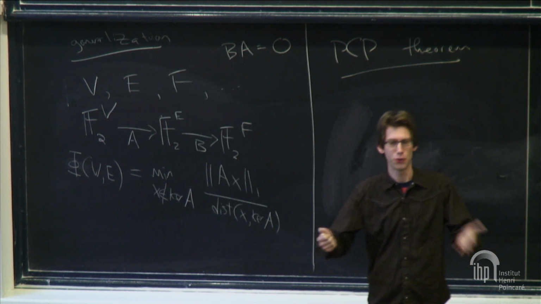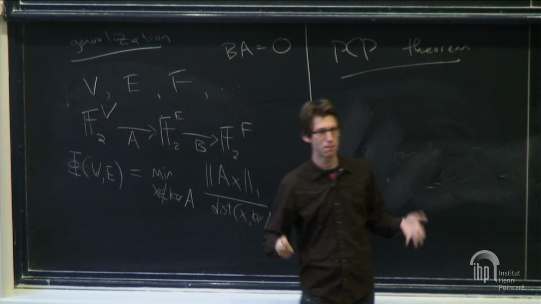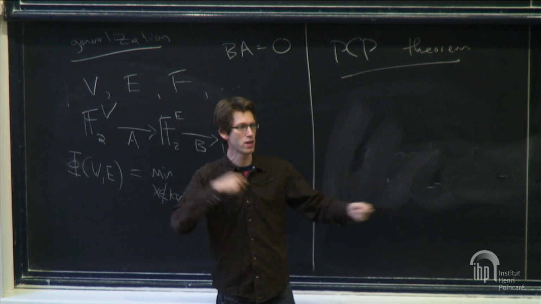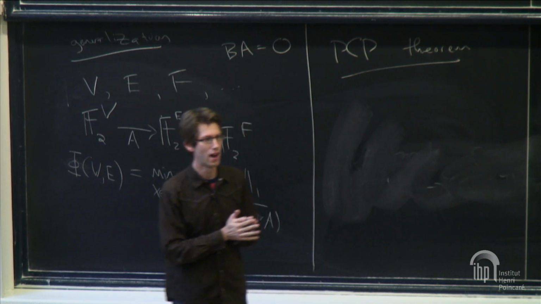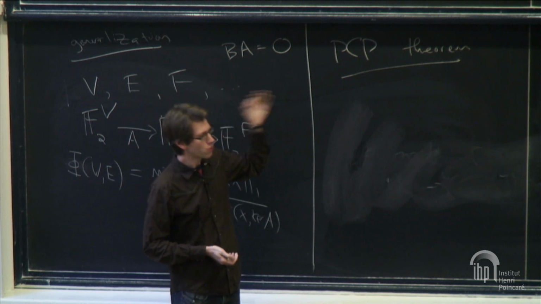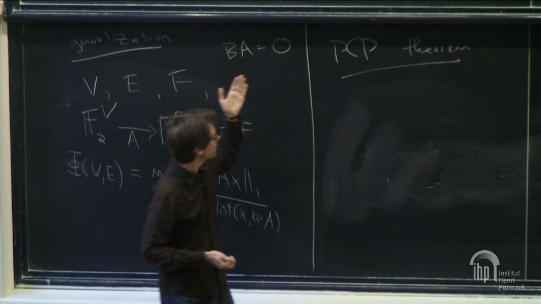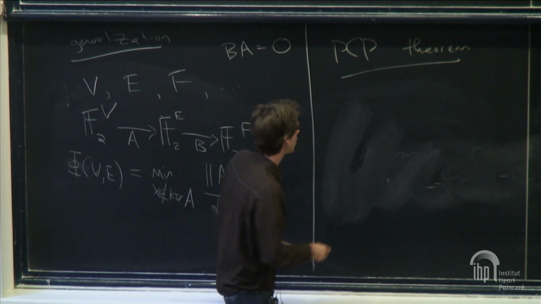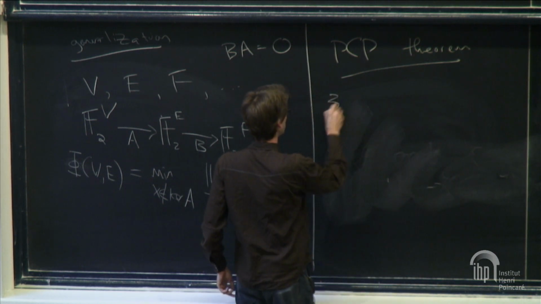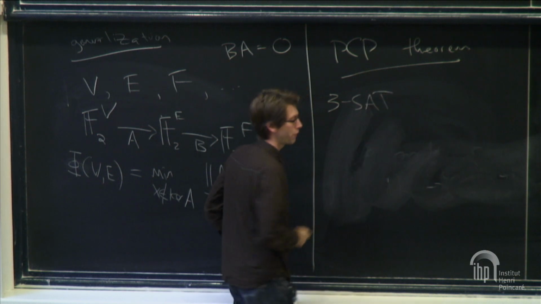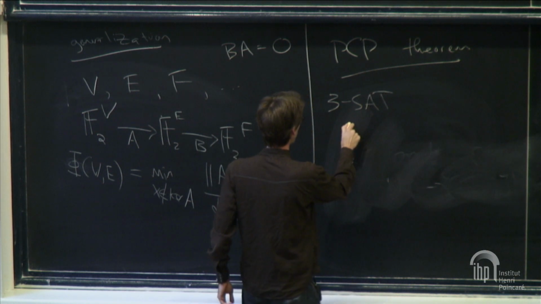So you have to read the whole thing. Wouldn't it be nice when you're grading papers if you could just open it to 3 random points and check those for mistakes. The PCP theorem says you can encode a proof in this way. So let me be a little bit more formal about it. Suppose you have a 3-SAT instance. So let me write this as follows.